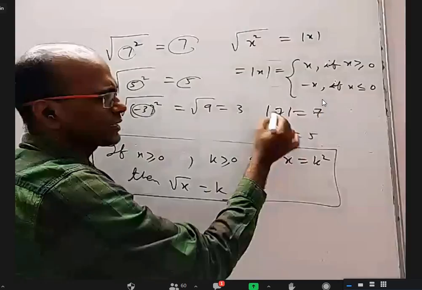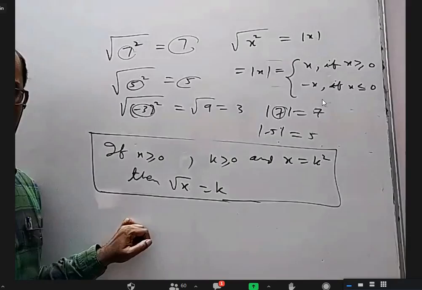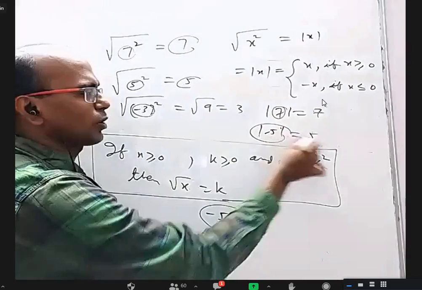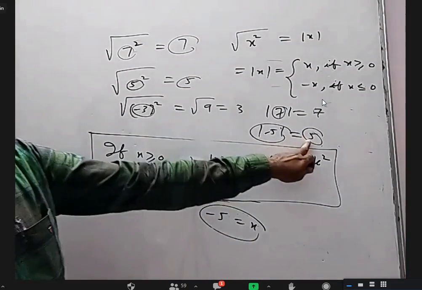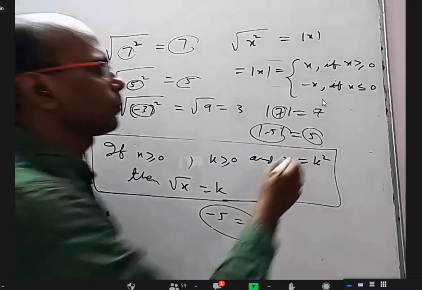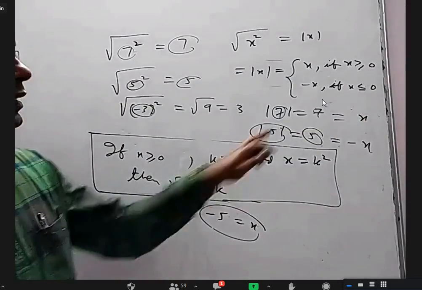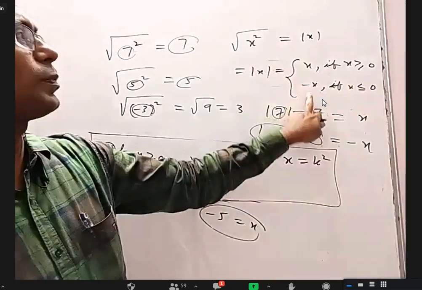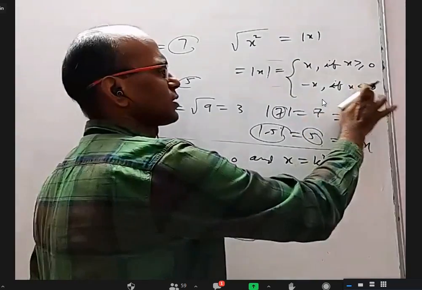So in the previous case, when I took x equal to 7, mod x came as x only. If I take minus 5 as x, what happened to mod x? Is the answer x or minus x? Minus x. X is minus 5 and my answer is 5, which should be written as minus x here. So mod x is x when x is positive. When x is negative, minus x will be positive. And anyway, our intention is mod x should be positive only. Whether you write equal to 0 here or not doesn't matter.